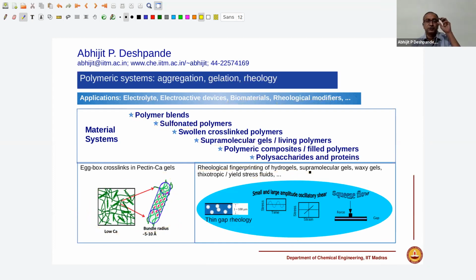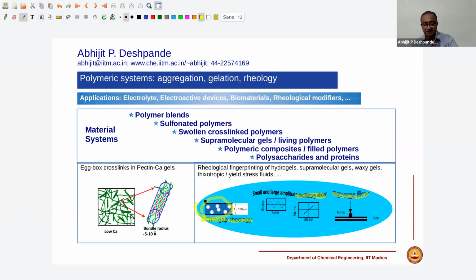The key to doing that effectively is to use a variety of protocols. For example, you can apply a shear which is oscillating. You can do squeezing of the material. And today's talk is more focused on thin gap, where the dimension of the material, for example the particles here, is of similar order of magnitude as the gap which is being used to shear